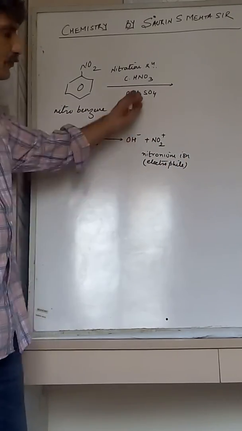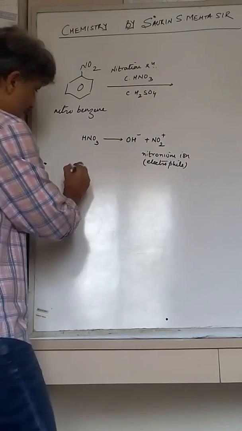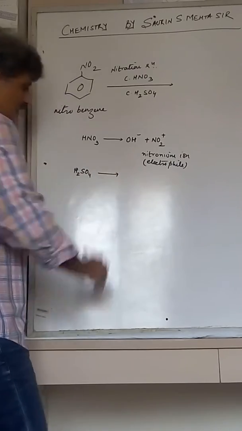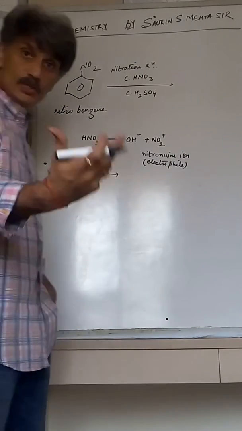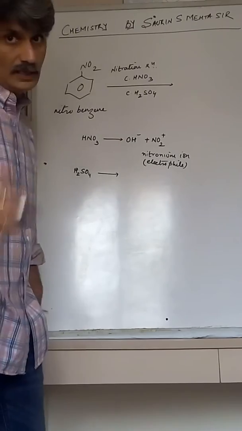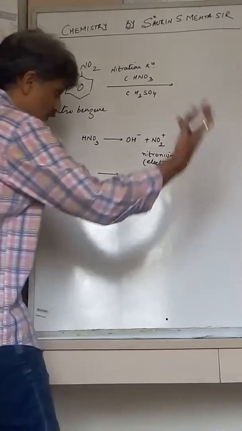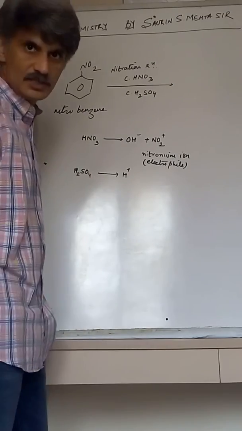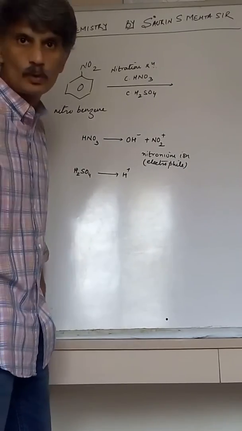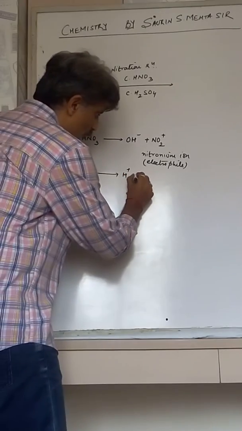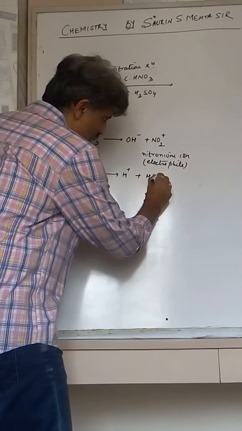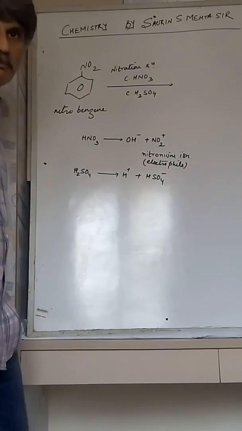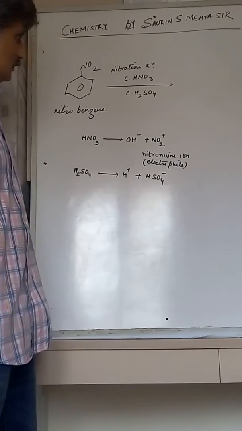Whereas as far as sulfuric acid is concerned, this sulfuric acid, being a strong acid compared to nitric acid, remains acid, and so it loses a proton. According to Arrhenius acid-base theory, a compound which loses a proton is an acid. So it loses a proton, so what is left out is HSO4. H is plus, so HSO4 is now minus. Now,